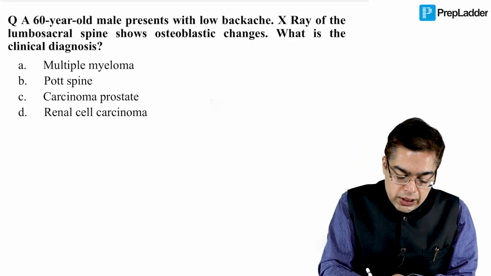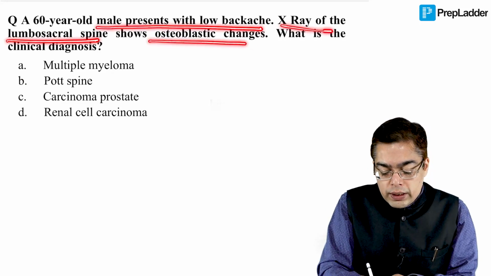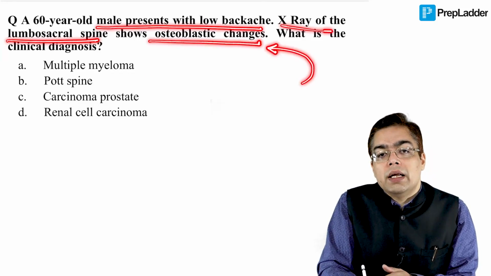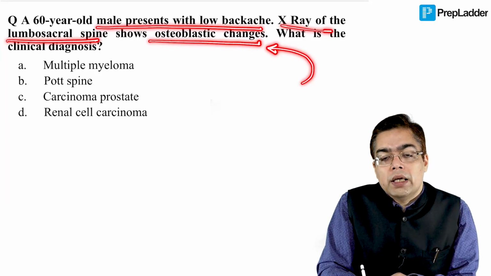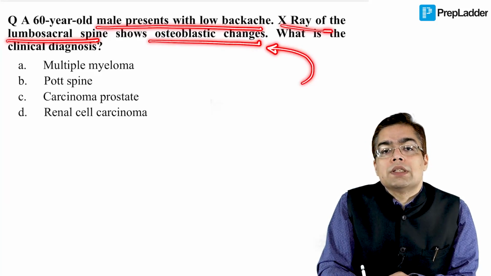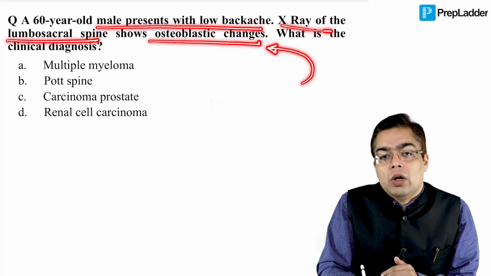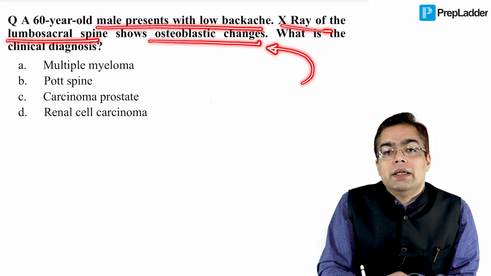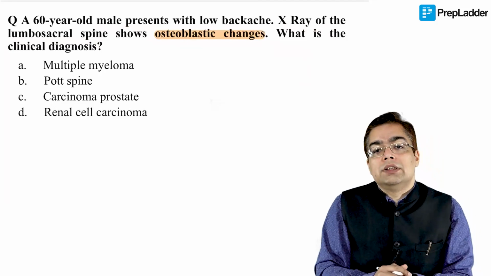Looking at the next question, a 60-year-old male presented with low backache and X-ray of the lumbosacral spine showed osteoblastic changes. Now this was exactly an example of a question that we did talk about with you again and again. I talk about the fact that in an elderly individual who has a lower backache, in the real world, you must always rule out prostate cancer as well as multiple myeloma. Now, a lot of you may have committed that mistake, which I found after interacting with you, that when they looked at the history, elderly male, low backache, they didn't pay attention to the most important component of this question, osteoblastic changes.